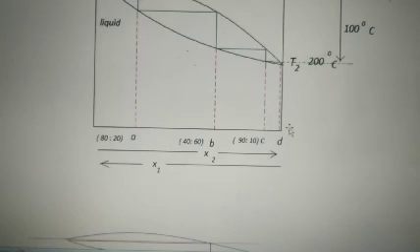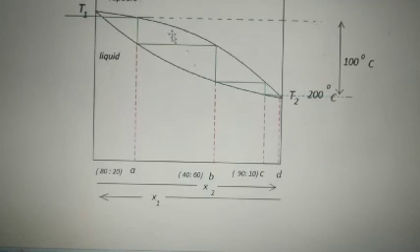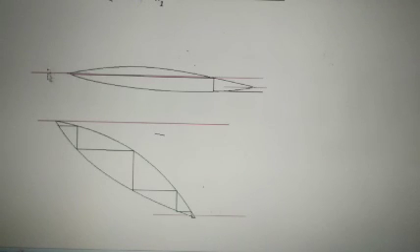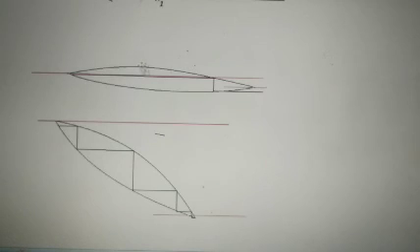One thing more, as already said here, their boiling points differ sufficiently. What happens when their boiling points don't differ? This red line indicates the boiling point of one component, and that is the other line. In between these two lines the gap is very little. So the graph which is a little slanted has a slope here, but this graph will have very little slope. So if I start from one side, another side, only